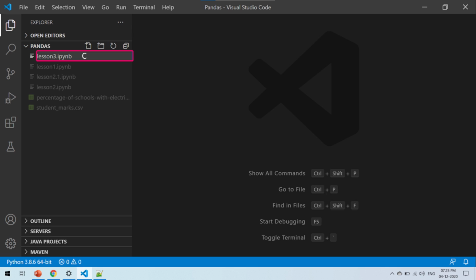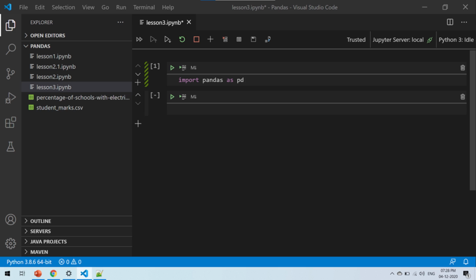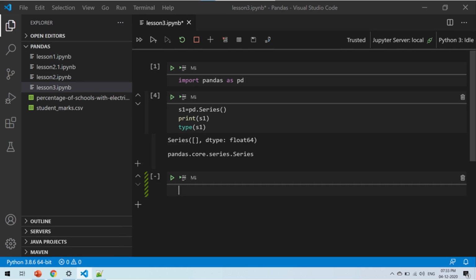As a first step, create a new Jupyter Notebook file as highlighted here. Import the Pandas library as displayed here. Now create a variable s1 and assign it to the empty series constructor as given here. Now print the s1 object using the print function. Also, let's try to get the type of s1 object using the type function as displayed here. Run the program and you will be able to see the content of s1 object as an empty series with its type as